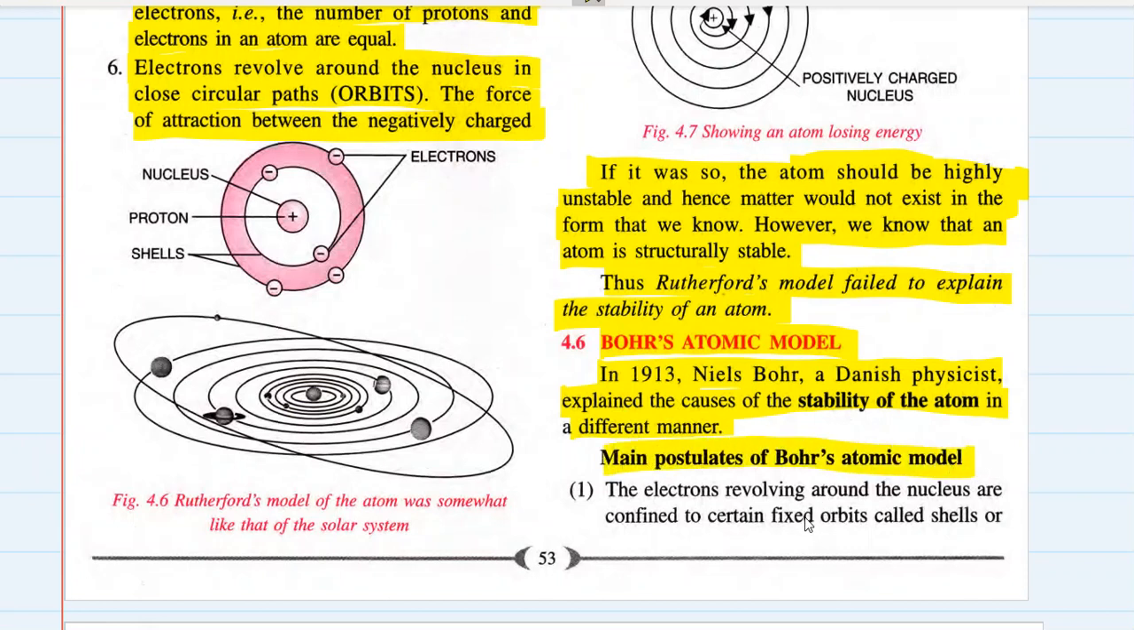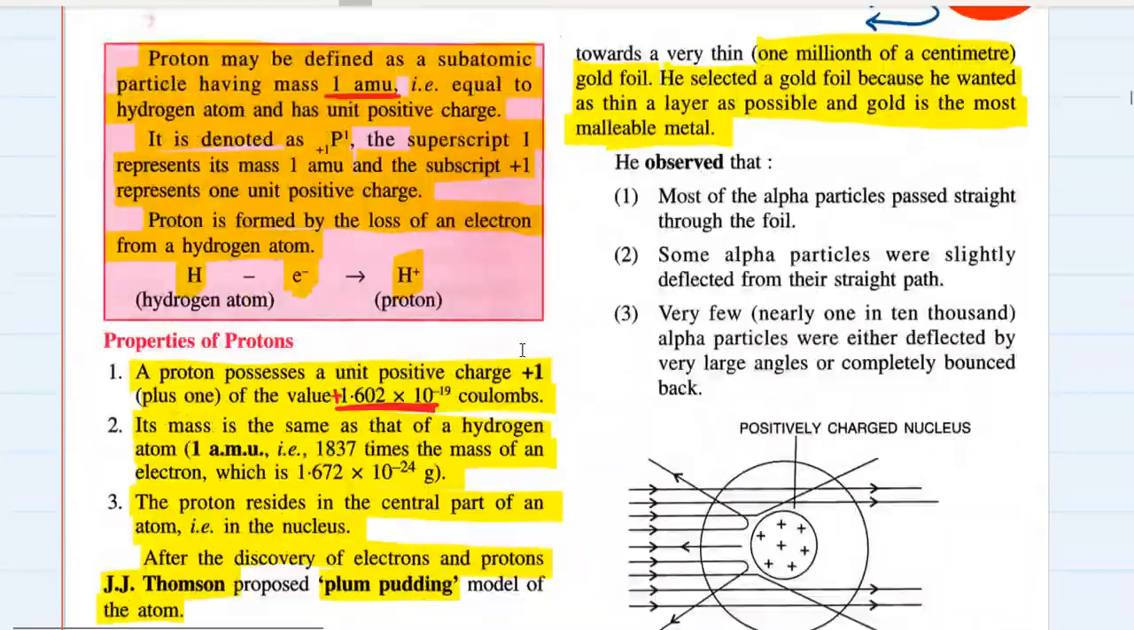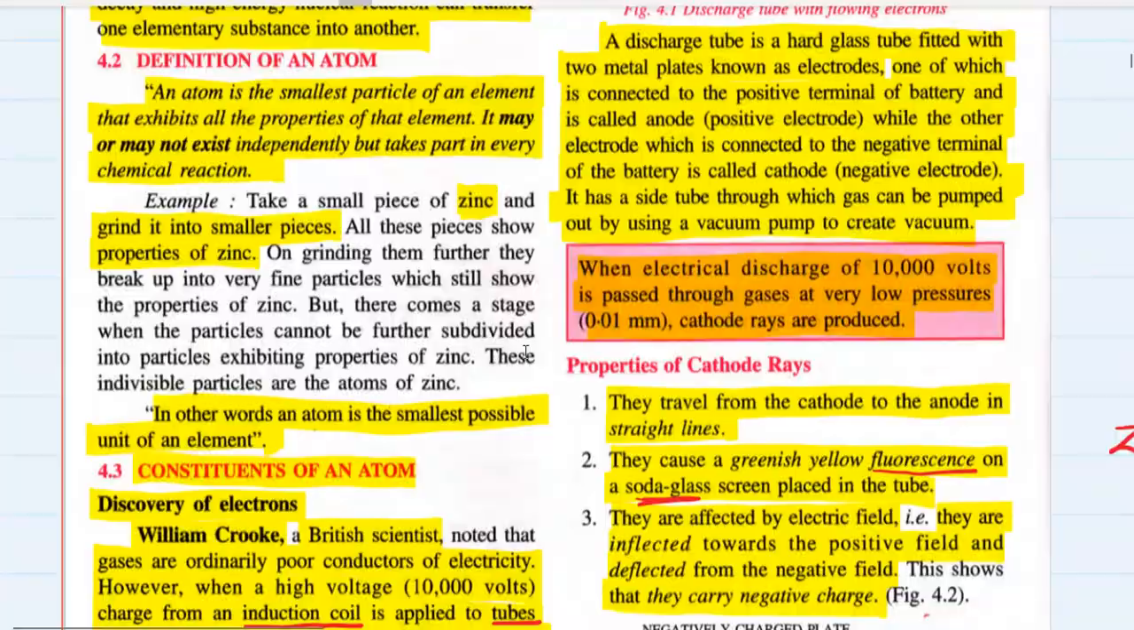So, main postulates of Bohr's atomic model. Are you able to understand the whole story? Are you able to follow where we are going from where? See,